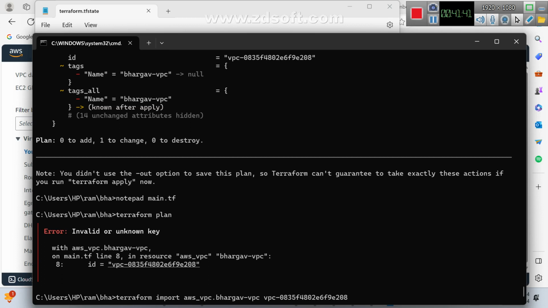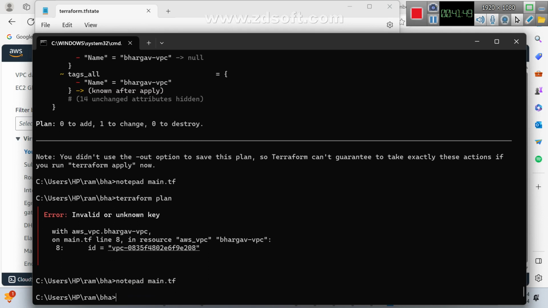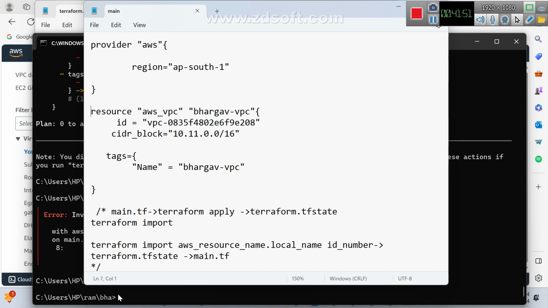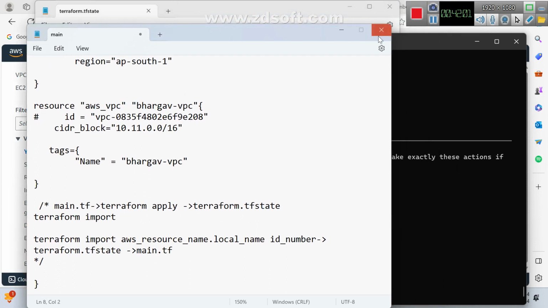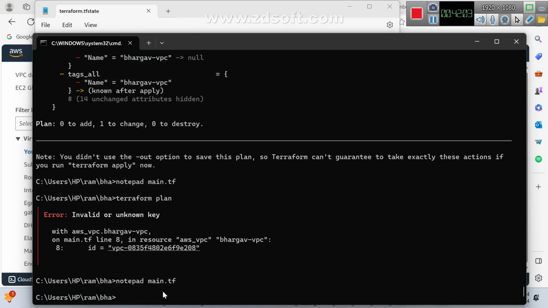Already we gave the ID for importing purpose. Already recognized, Uday. The ID is already recognized. That's why you no need to mention. Very first time I recognized the ID. From hereafter not necessary. Okay, good. Now close this. Save it. Terraform apply.